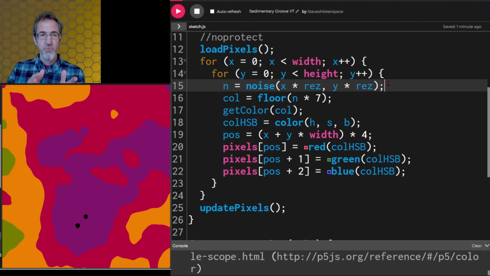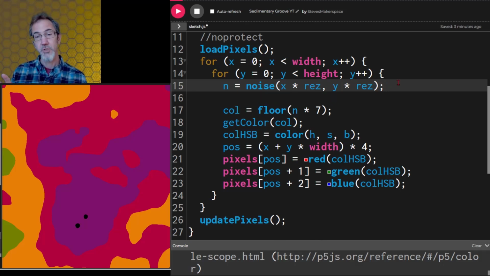That's fine if you want to use Perlin noise to make a mountain range, but if you want to represent colors, if you want to make a flow field, that's no good. So we're going to add a little code so that our colors are more equally represented. I don't want to go through this in detail because I've talked about it before on the channel. I'll link to a snippet of video where I discuss how I fix this. But let me just add